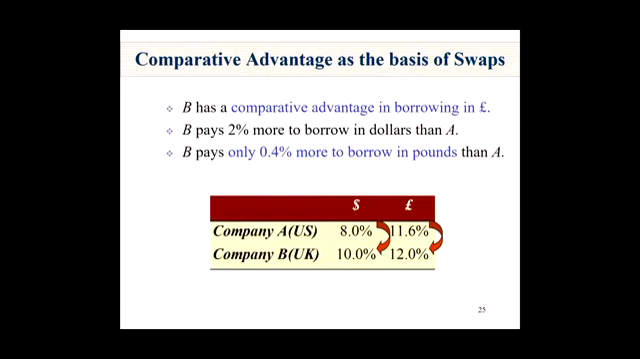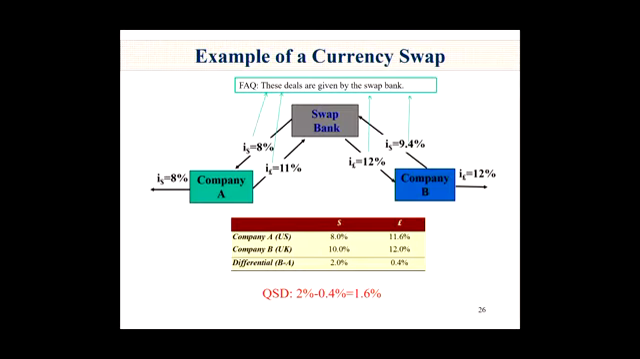Right. So what do they want to do? Well, since B has a comparative advantage in borrowing pounds, B wants to borrow in dollars, right? But it's cheaper for them to borrow in pounds, because they're a UK company. So what we want to do is enter into a swap where we swap a pound debt for a dollar debt, and a dollar debt for a pound debt. So what would that look like? Well, exactly the same as the interest rate swap. The swap bank will offer these two banks